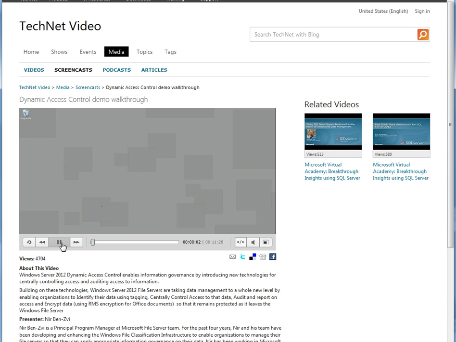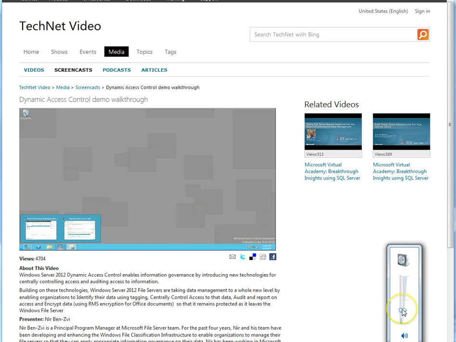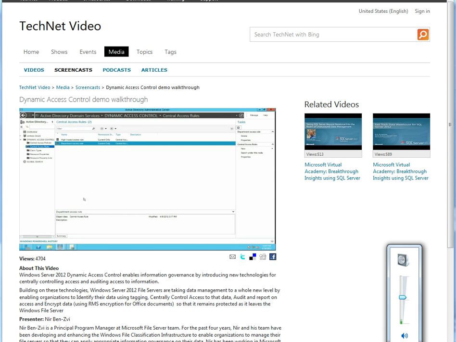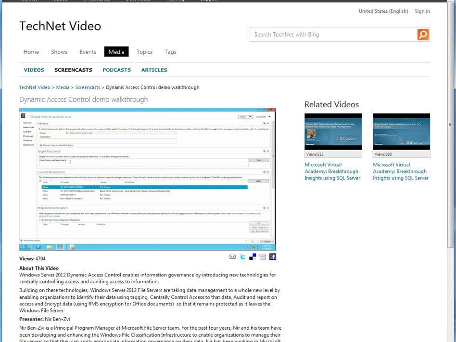So we're going to show you now dynamic access control central access policies. And first of all, we're now on the domain controller. And on the domain controller, we have here in the Active Directory Administrative Center, we have here defined two central access policies that control access to data in files based on what the files are. And if we look at one of them, the department access policy, we can see that this is targeted at the files that are marked with a specific department, and the access says, allow access only if the user department